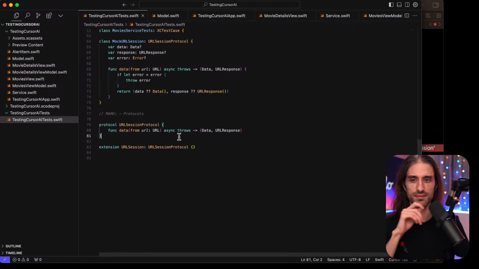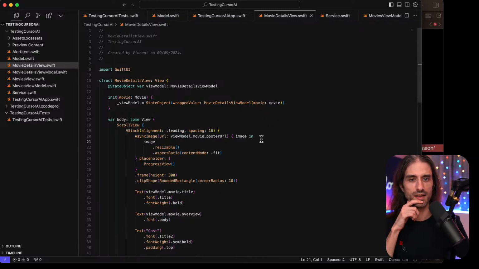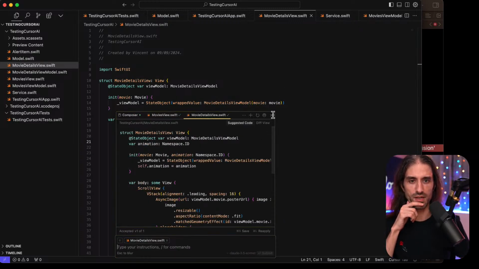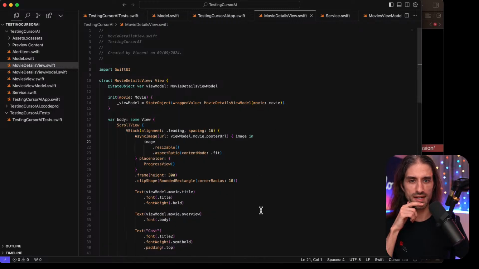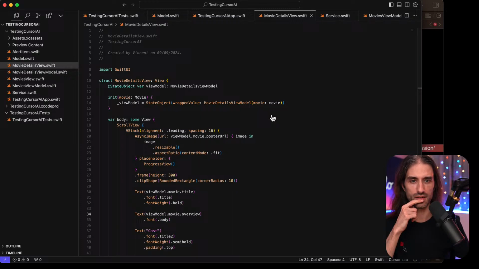Okay, so let's try that. I'm gonna do Command I. So no, I did use the composer, because you're saying Command I to open the composer. What I did was Command Shift K, and it seemed that it opened the same thing.